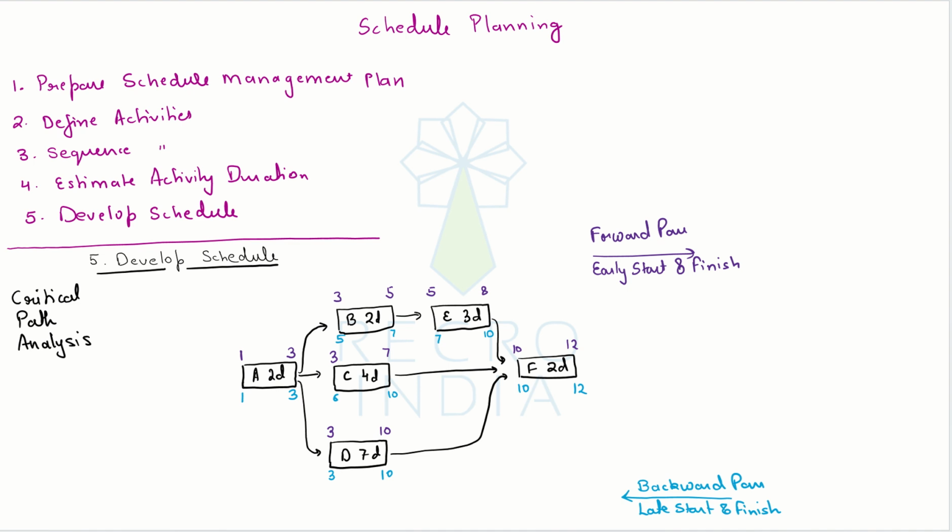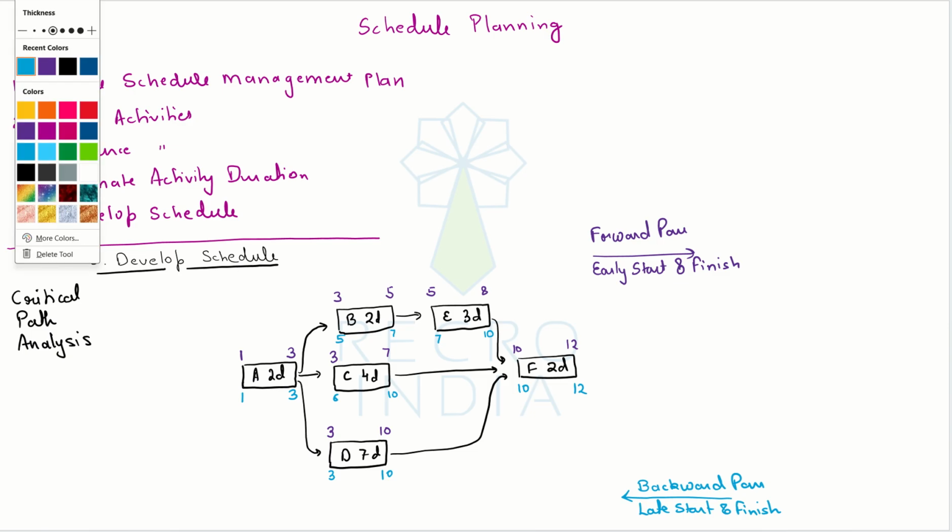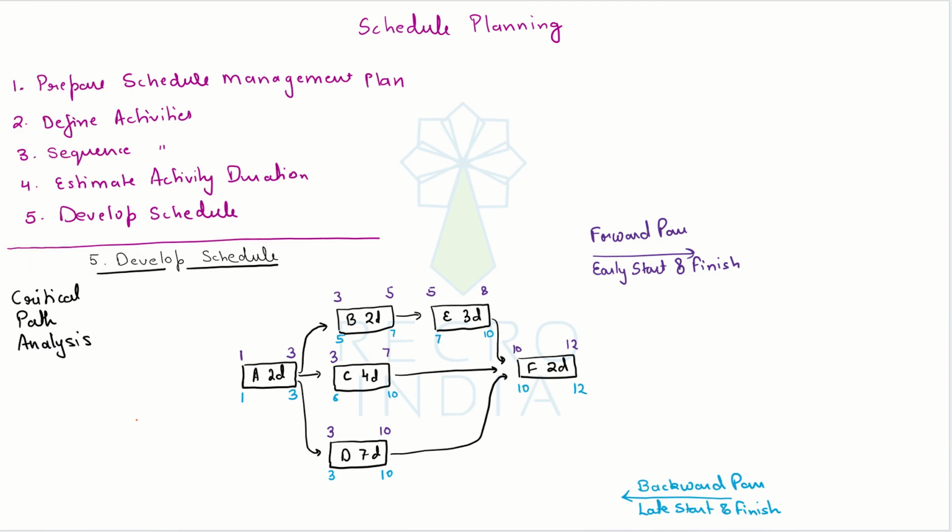Now, why did we do all of this calculation? See, when this calculation is performed, we get a very important piece of information: an activity can start earliest and latest by when. So here, if I look at activity A, the earliest it can start is 1st and latest it should start is 1st, which means I have no scope of delaying this activity by whatsoever amount of